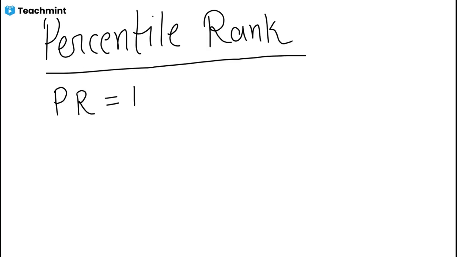You have written here PR, percentile rank, 100, and inside what is it? In the formula sheet, it's cumulative frequency below plus, cumulative frequency CF, plus X minus lower limit